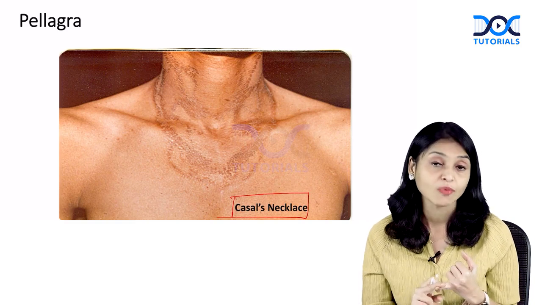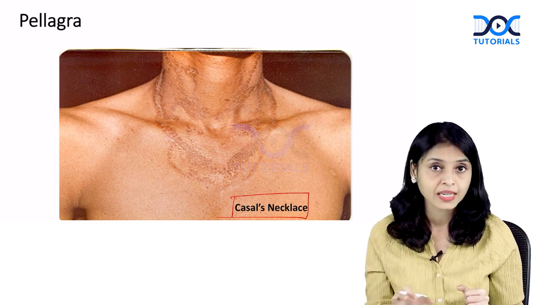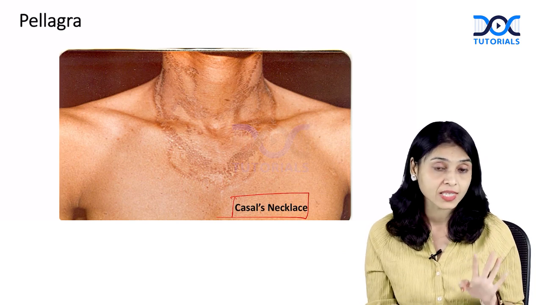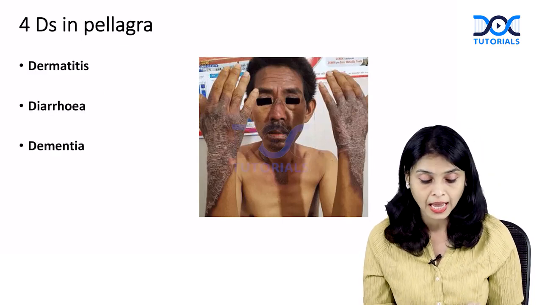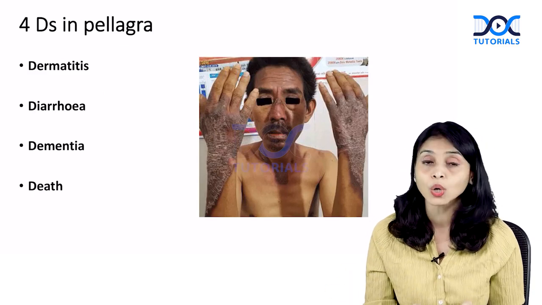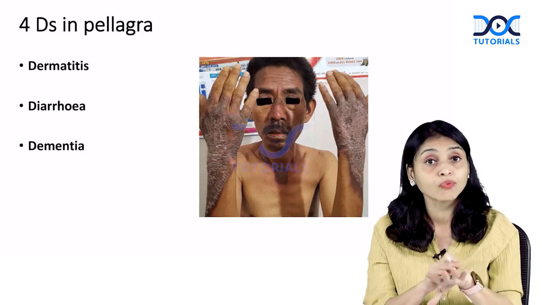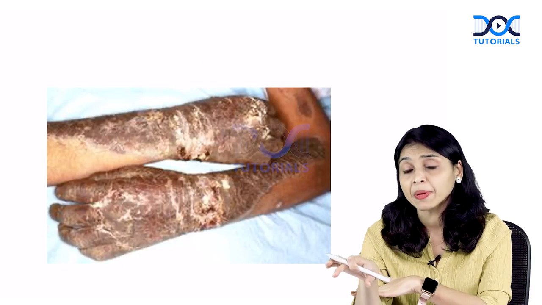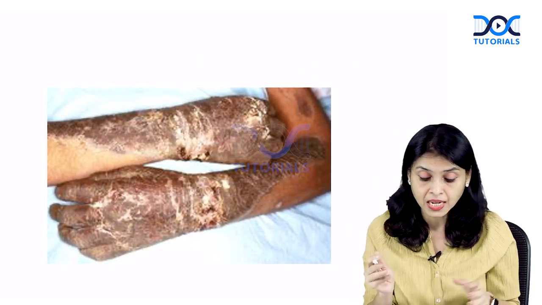So, pellagra is because of vitamin B3 deficiency, and it can lead to certain manifestations which are starting with 4 Ds, right? Which are those 4 Ds? 4 Ds are dermatitis, diarrhea, dementia, and possibly death. Okay, even that is also possible. And pellagra can lead to photodermatitis, but you know, in severe cases, sometimes there will be hyperpigmentation leading to scaly lesions covering the back of the hand and wrist,